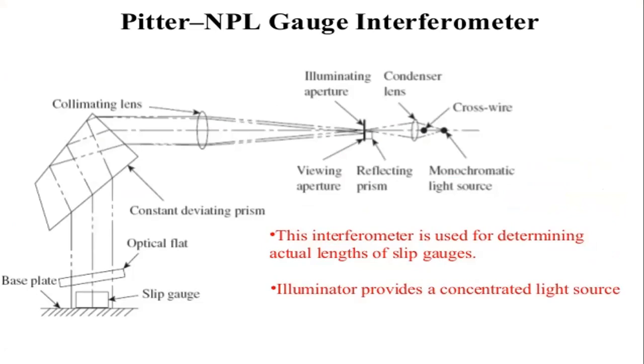So in the NPL flatness interferometer we are using a mercury vapor lamp, but in the NPL gauge interferometer we are using a cadmium lamp, and in the NPL flatness interferometer we are using a green filter. In the green filter all the colors are filtered out except the green light, but in the constant deviation prism